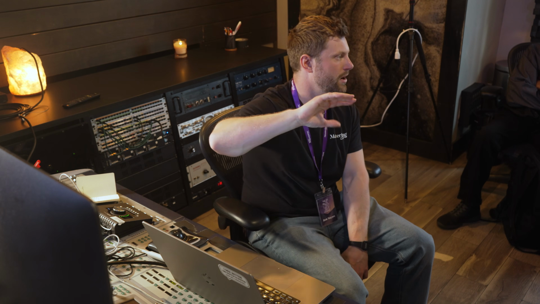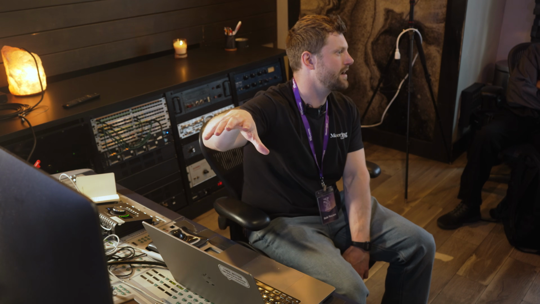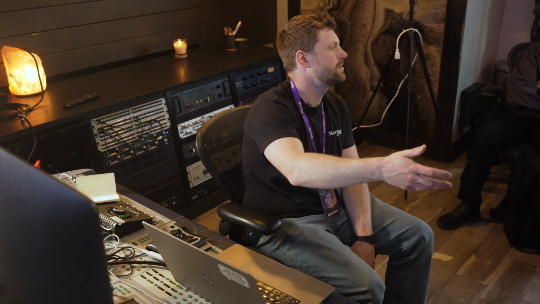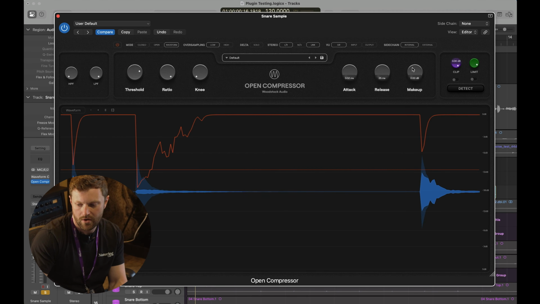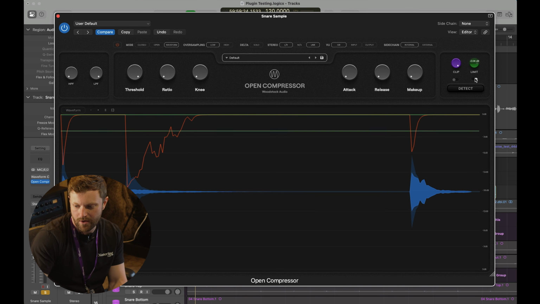So if it's not percussion, then normally fast attack, fast release, it's because we're managing transients, because we want to free up some headroom, which means we can master a bit louder. But generally, if I have some material that's quite transient and I want to tame those transients, I'm probably just going to reach for a limiter for the most part, because it's easier, it's quicker, or on an open compressor, we can literally just achieve a very similar outcome